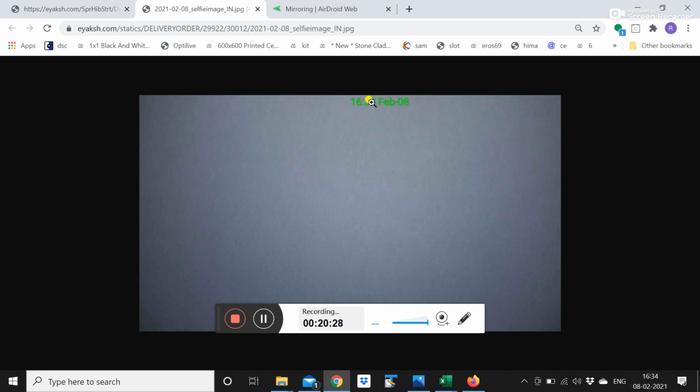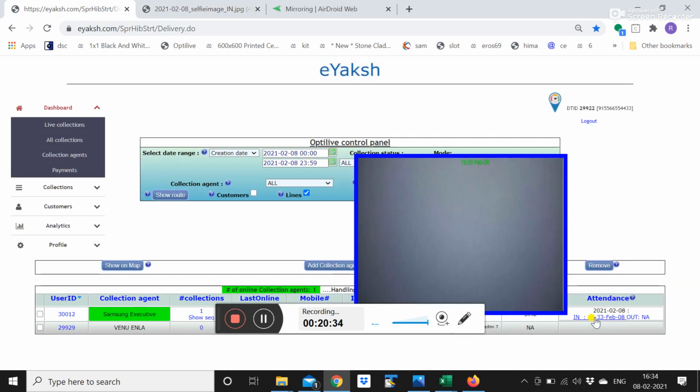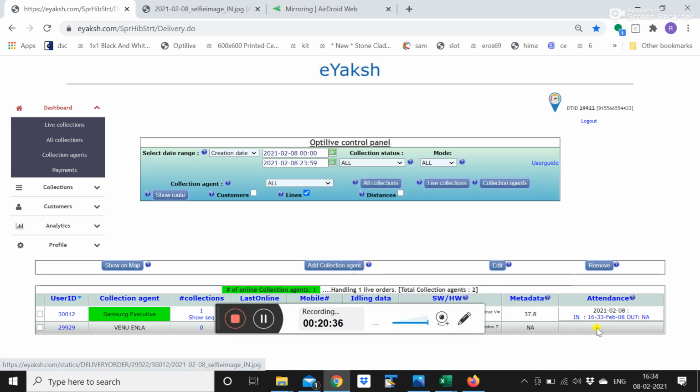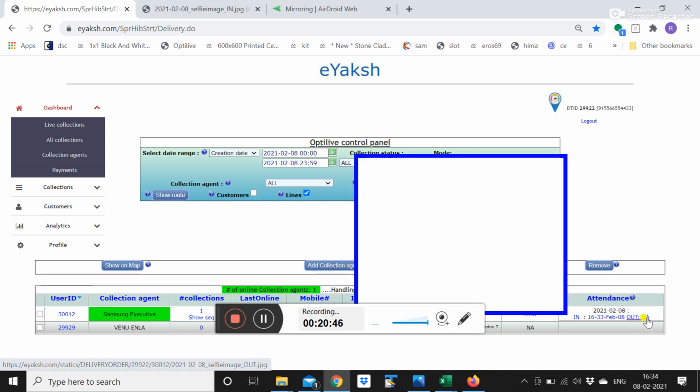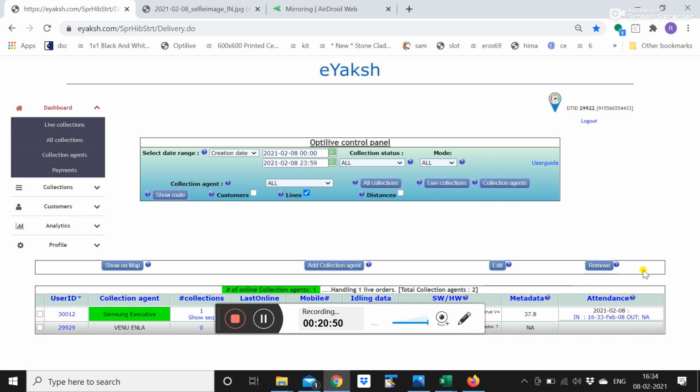So the time stamp has been captured, the date has been captured, and it actually is a latitude longitude that will translate to an address. So you will get to know in which area, which part of the city he has punched in or punched out from. Punch out information is not applicable right now, but once he does the punch out, that information will also be captured here. So this comes under attendance.